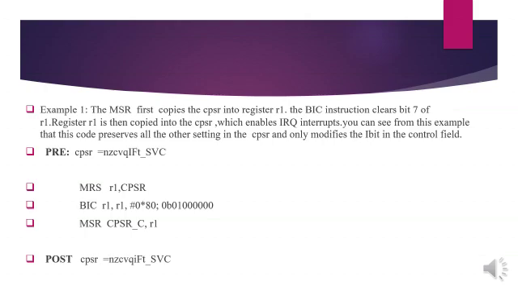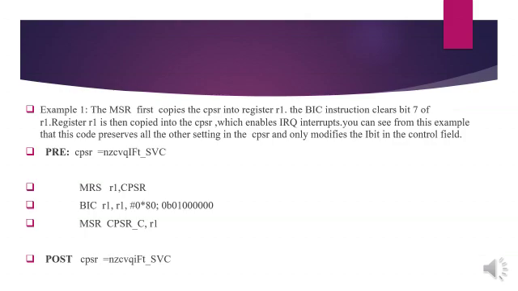Here we are actually trying to manipulate one of the bits of the current program status register. That's why we can use BIC. BIC stands for logical bit clear. In this given problem, 80 is there. Here we write the least significant byte in binary. The binary of 0x80 is 10000000, and we get a 1 and 7 zeros. We perform a NOT operation. By this we need to perform AND with the contents of R1.